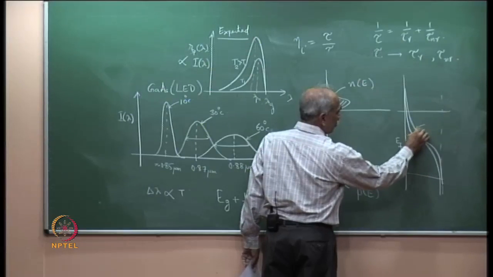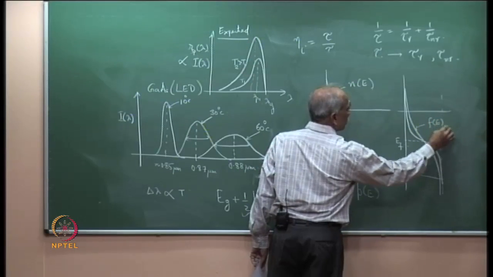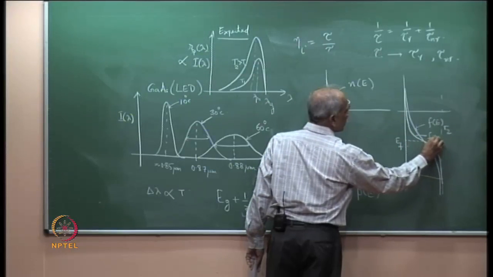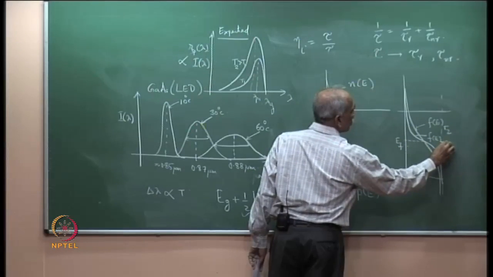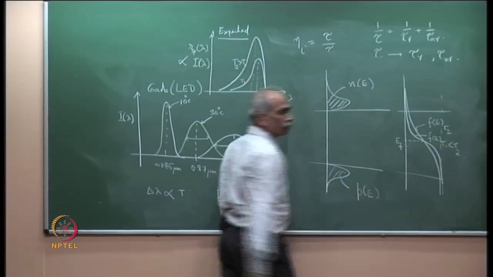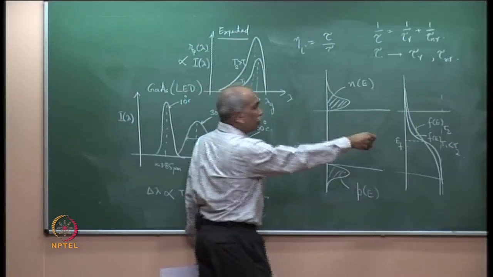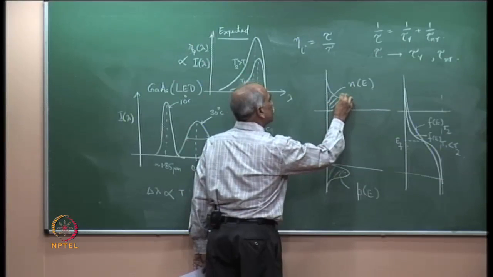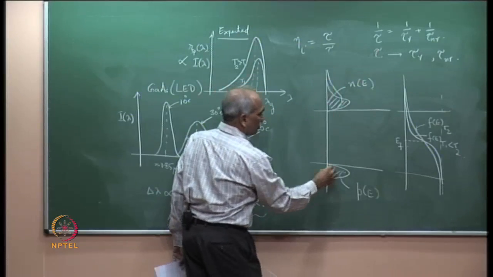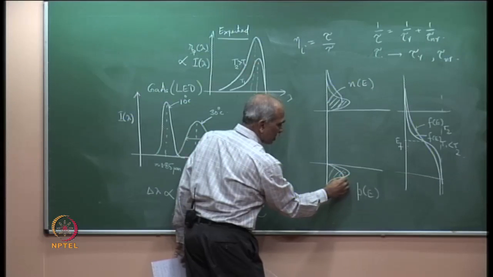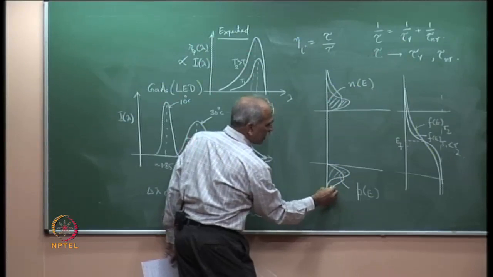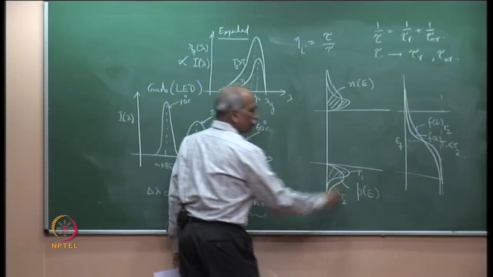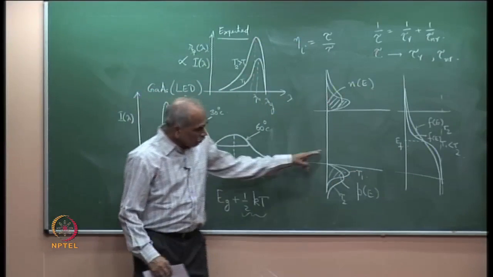This is F of E at temperature T2. This is F of E at temperature T1, which is lower than T2. And this leads to a spread in the carrier. So this distribution here spreads like this. This distribution here spreads like this at a higher temperature. So this is T2, this is T1. When the distribution spreads,